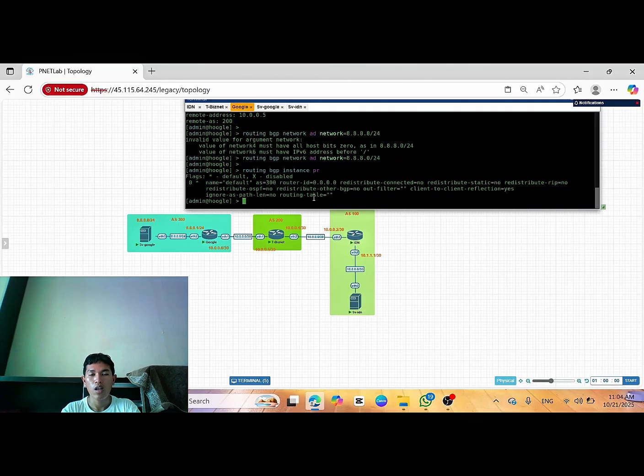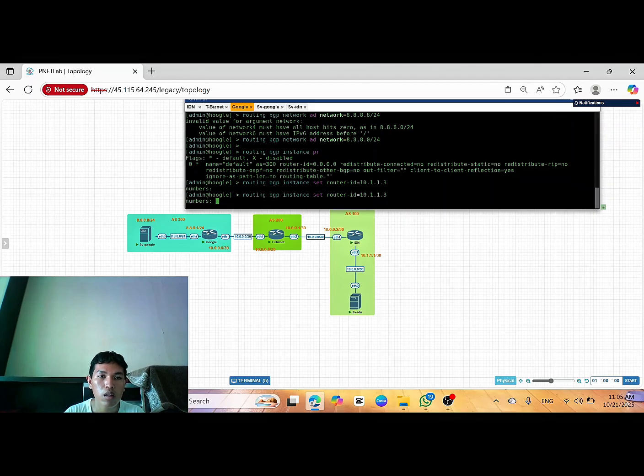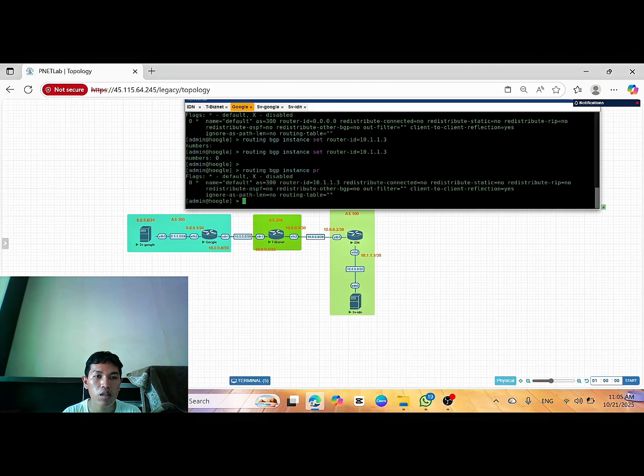Oh yes, I forgot the router ID. Routing BGP instance set router ID 10.1.1.3. We check routing BGP instance print.